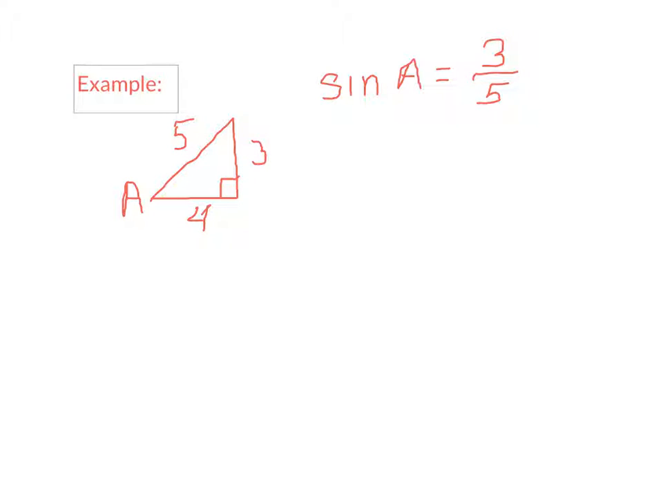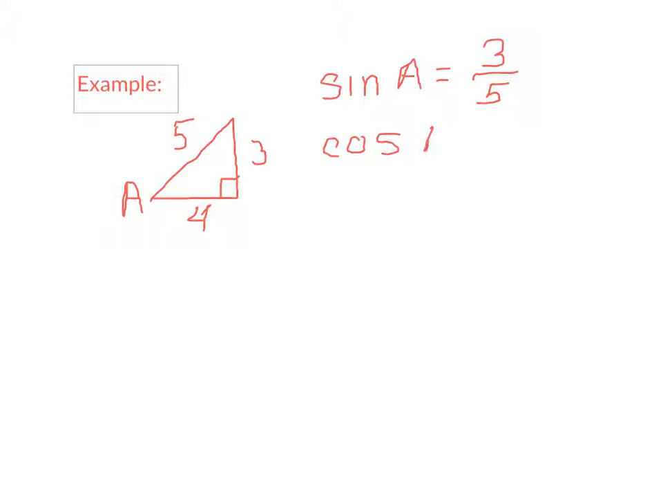Okay? Because 3 is the length of the side opposite angle A, and 5 is the length of the hypotenuse. All right, well, what about cosine of A? So let's look at that. Now, if you remember,